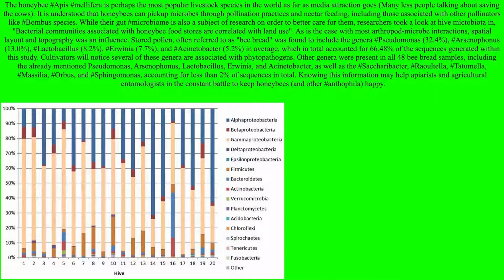Cultivators will notice several of these genera are associated with phytopathogens. Other genera were present in all 48 bee-bread samples, including the already mentioned Pseudomonas, Arsenophonus, Lactobacillus, Erwinia, and Acinetobacter, as well as the, and I hashtag these,